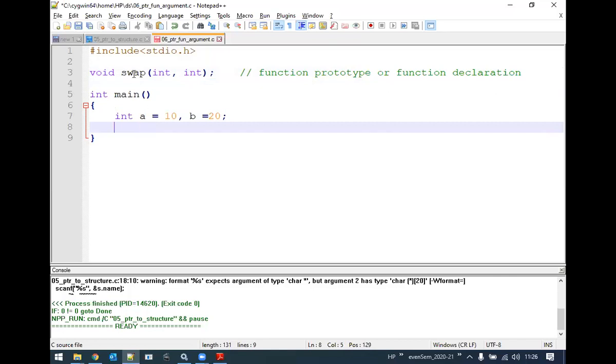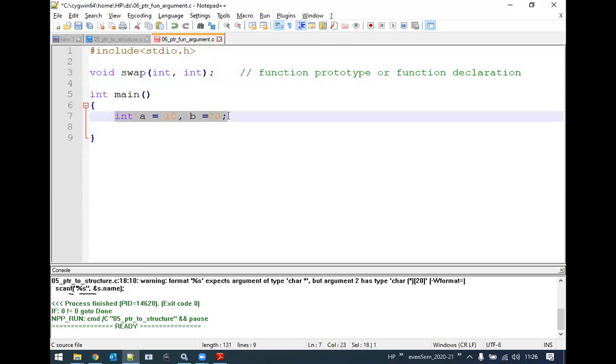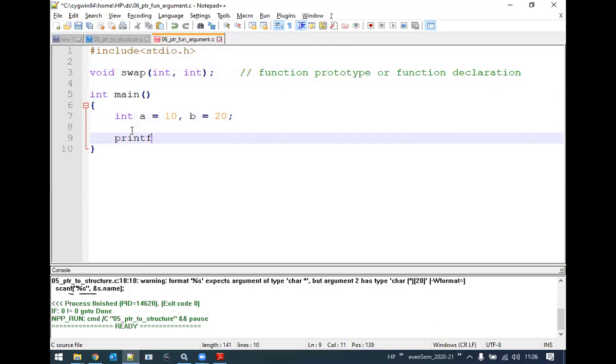Okay. Now, the second and third parts I will explain as and when we write the remaining statements. Now here I want to write a function to swap two values of a particular variable. So I am taking two variables in the main function, a and b, and both have the values 10 and 20 respectively. Before I swap the values, I want to print the values of a and b.